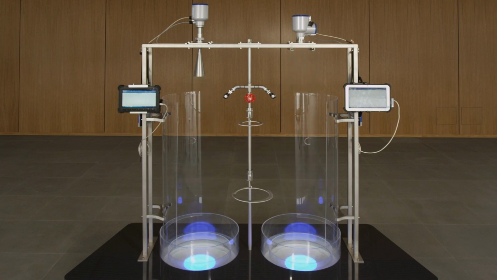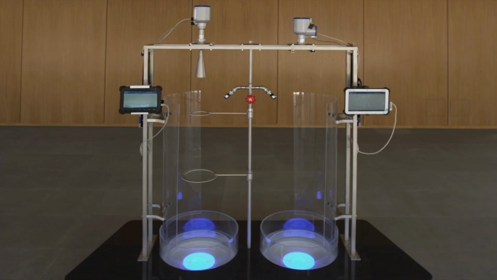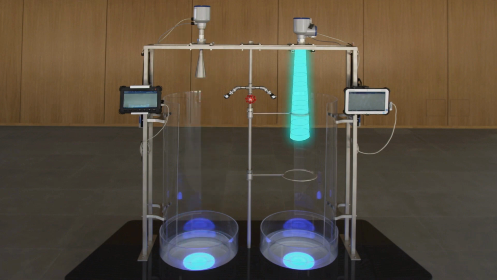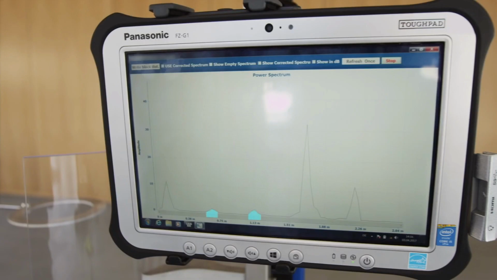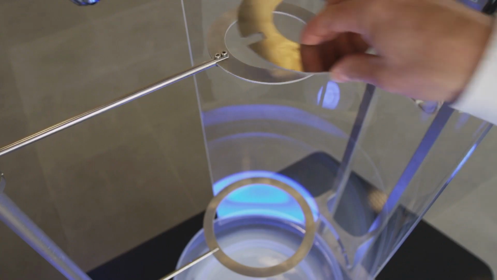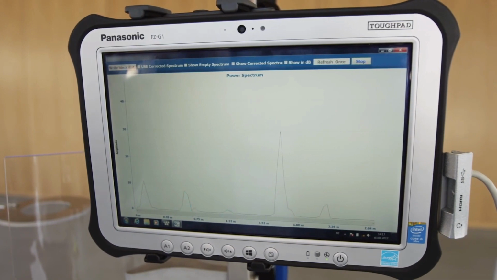In this comparison, the radar beam can be demonstrated by using metal rings. In both systems, the radar beam travels through the ring opening. As a result, the rings are hardly visible in the reception signal. If the ring opening is reduced, the radar beam hits the metal surface and the ring is clearly visible in